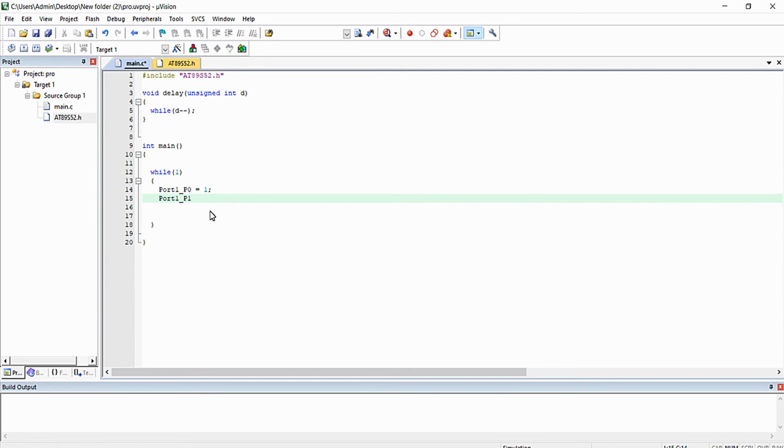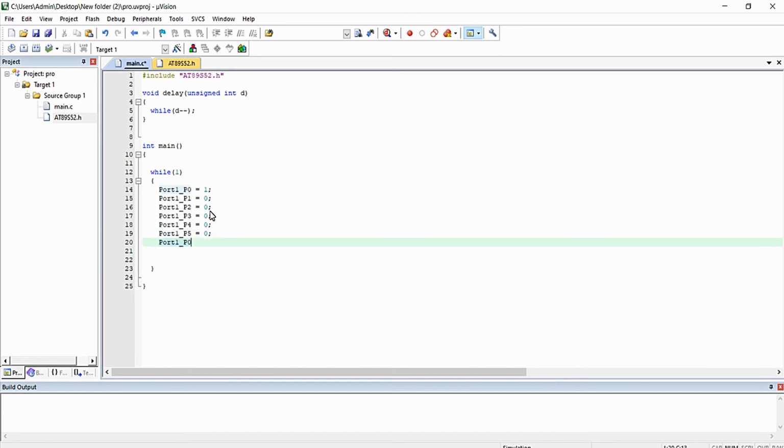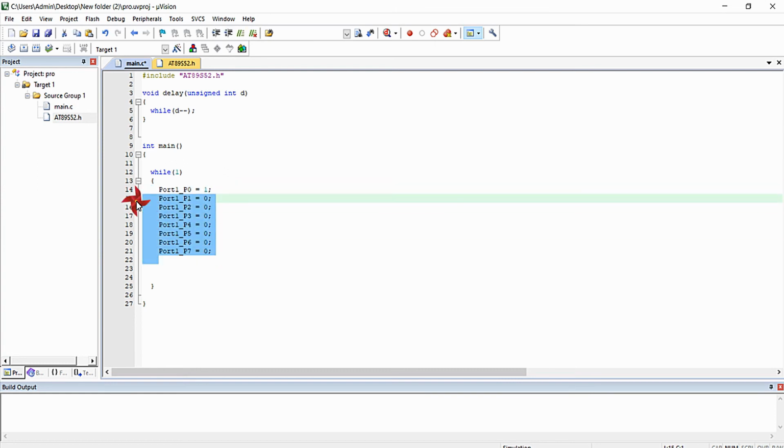I am writing port 1 P1 equal to 0, port 1 P2 equal to 0, port 1 P3 equal to 0, port 1 P4 equal to 0, port 1 P5 equal to 0, port 1 P6 equal to 0, port 1 P7 equal to 0. Now you can see we have made the first LED on and all the other LEDs off, that is, first bit P1.0 high and all the other bits low.